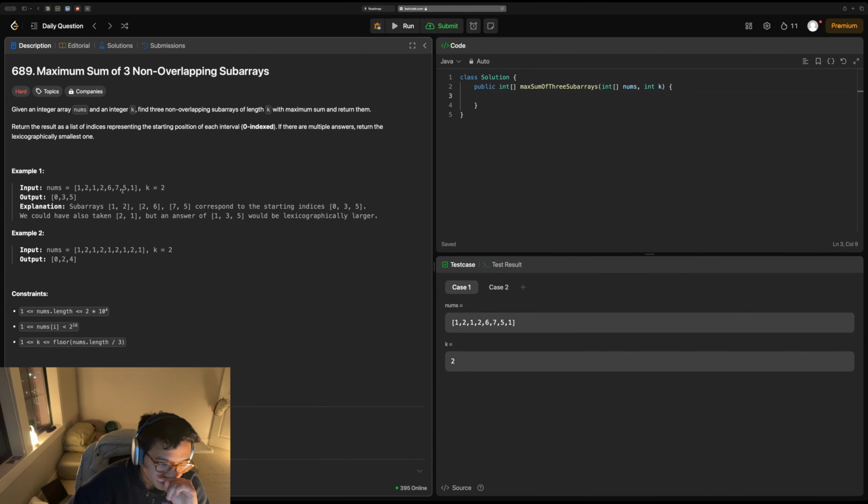Actually, no, it wouldn't. You do rolling Ks. No, yeah, it would be hard to not overlap. The non-overlapping part makes it hard. Because you could just do rolling Ks, add them up, put it in a priority queue, sort it by index, or sort it by